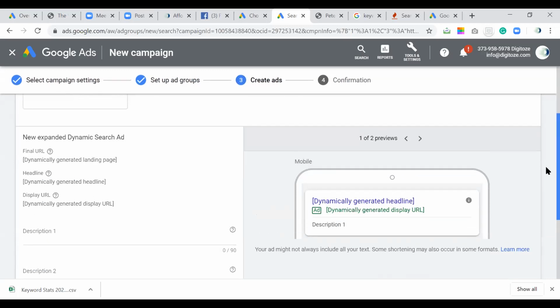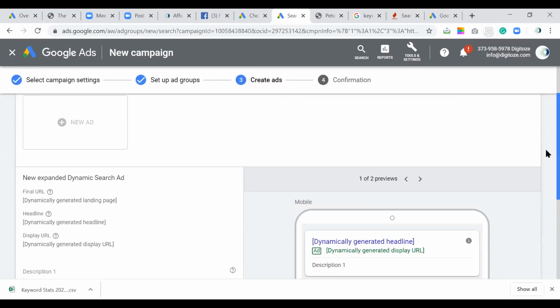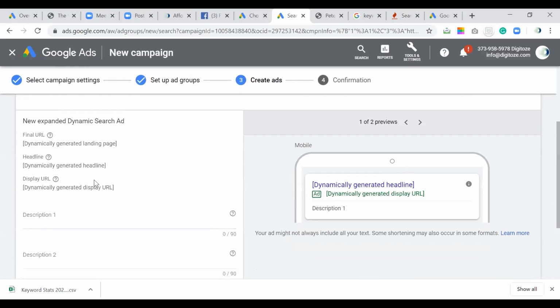So what happens? You can see it's a new ad, and then final URL, dynamically generated landing page, dynamically generated headlines, dynamically generated display URLs. So these things Google will automatically take based on its option. Now this is the way in which it will appear.